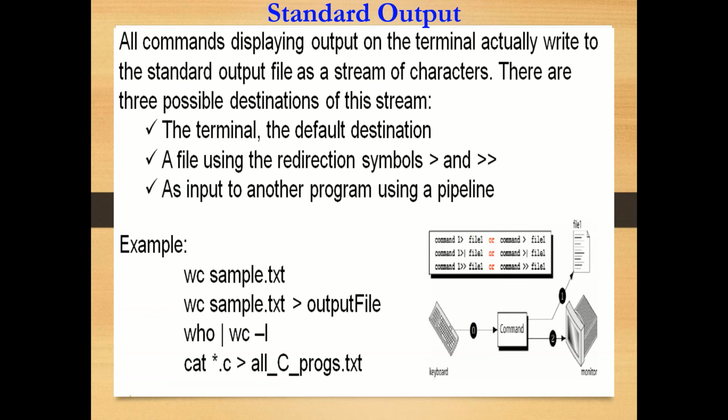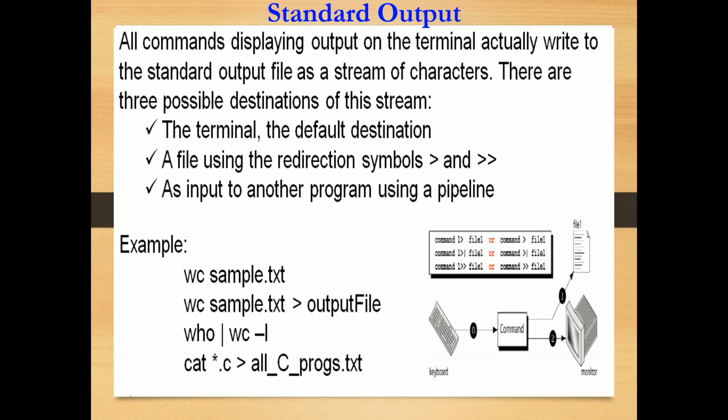One more thing, you can use two greater than signs. The shell also provides two greater than symbols to append to files, which prevents overwriting. For example, wc sample.txt two greater than output does not disturb the existing contents. For that we are using the two greater than symbol, and then